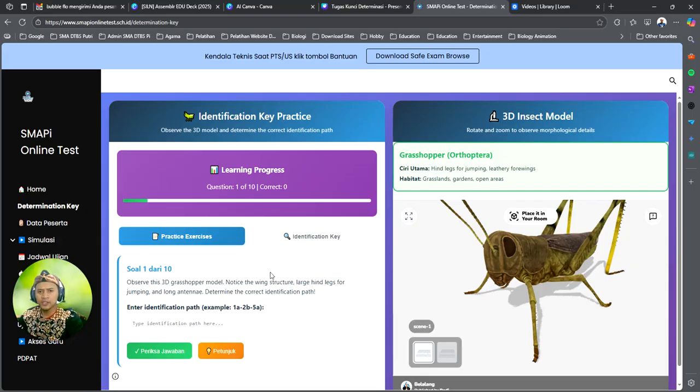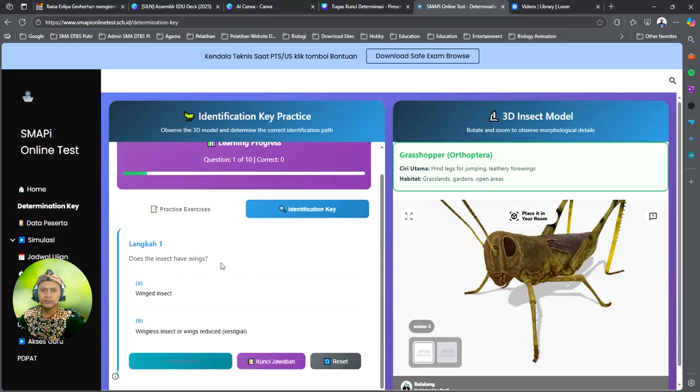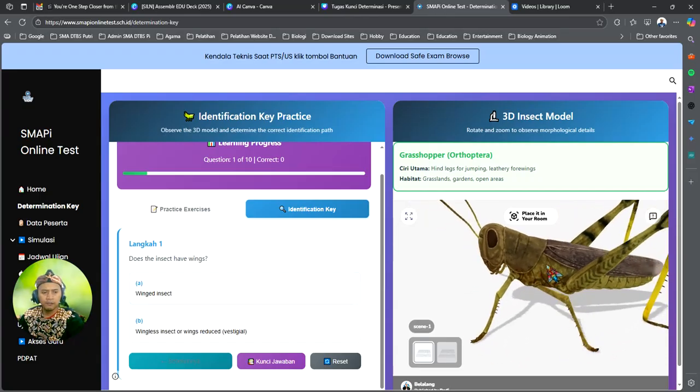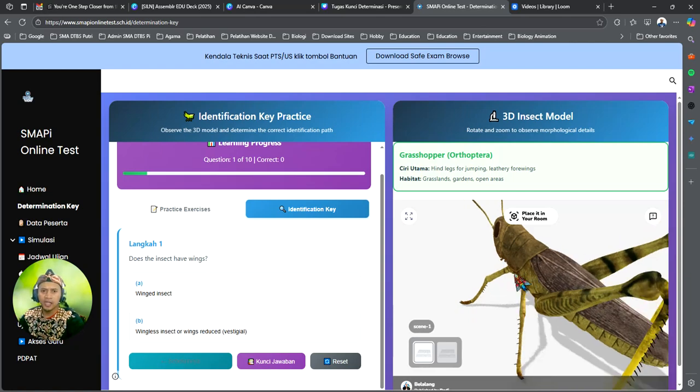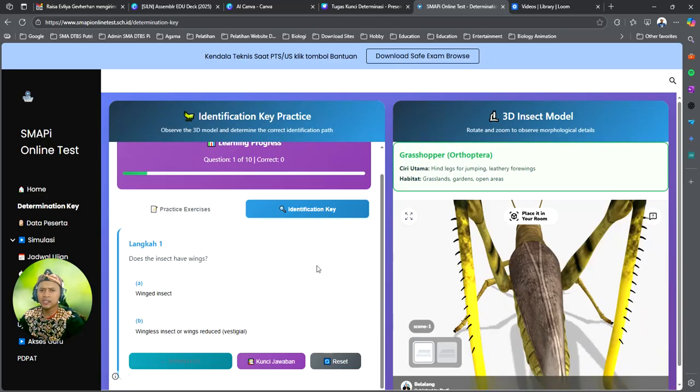Students are asked questions like, does the insect have wings? And they choose the correct answer based on their observation of a 3D model created from Assembler Edu. This approach helps students practice classification skills in a hands-on way rather than just memorizing facts.